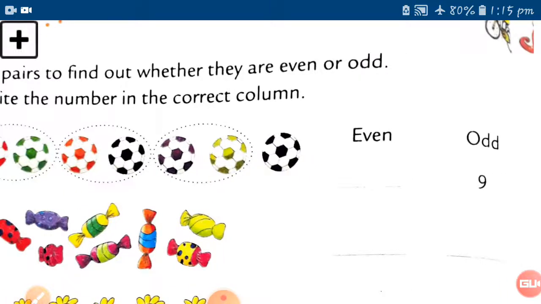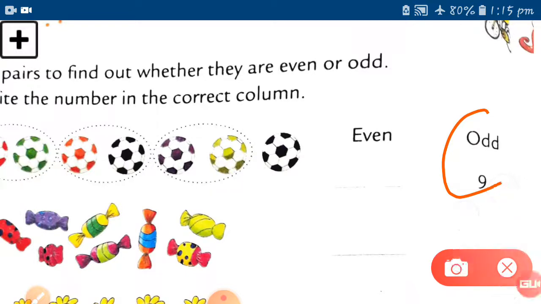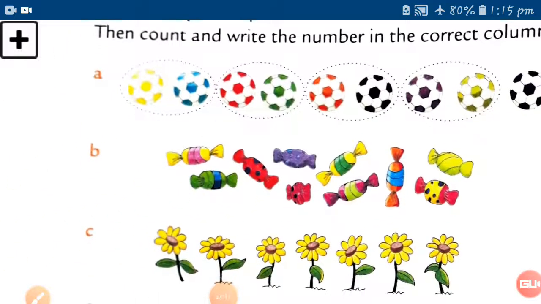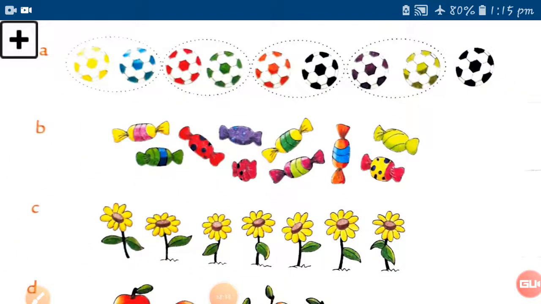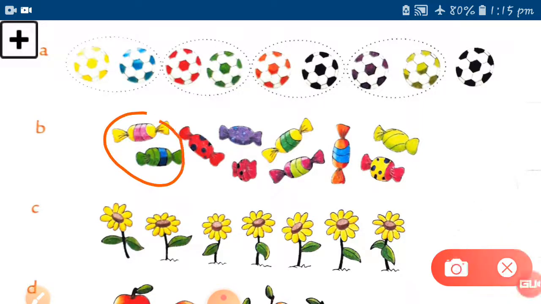See, you can see there are 9 numbers at the odd place. So this is the way you are going to take. Okay, so now let's go for the next one. See, there are chocolates. Please make groups of chocolates. Just count how many chocolates. Just make a group. 1 group,